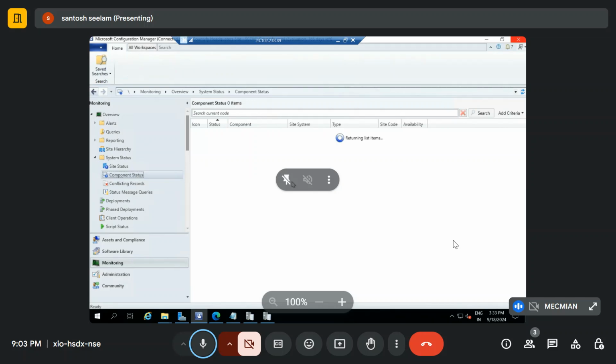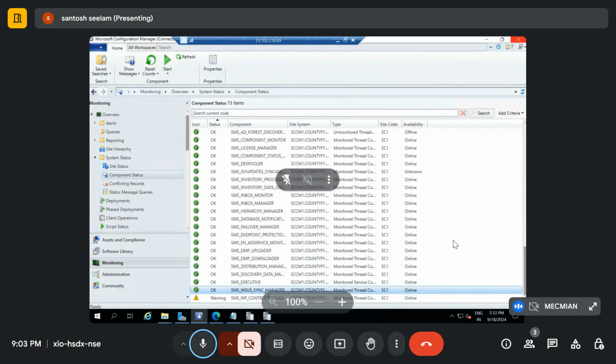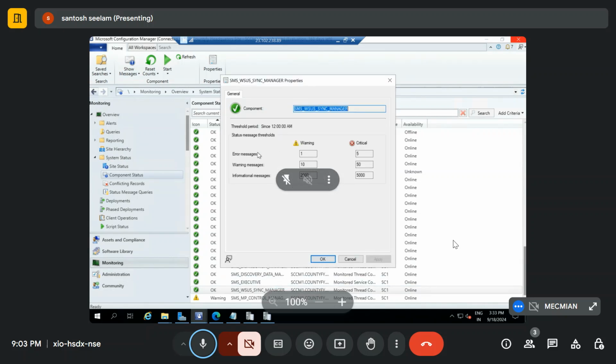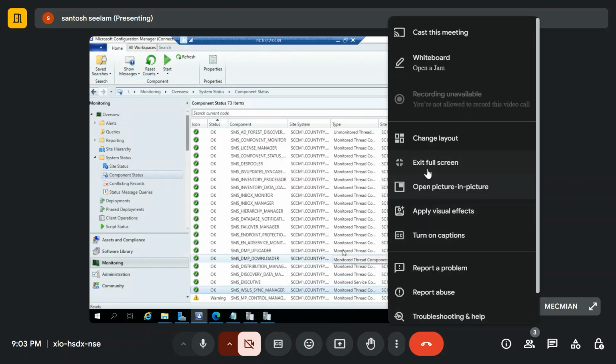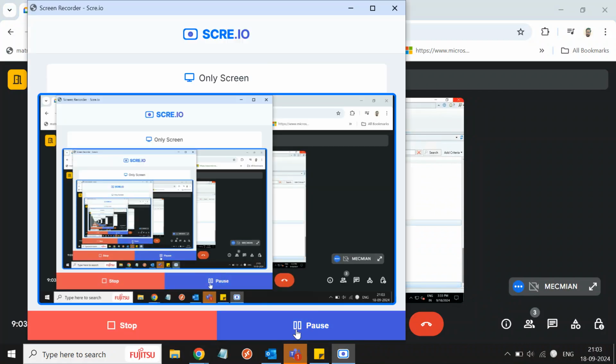You can find here for MP, like SMS_MP, and then SMS_WSUS sync manager is there. Okay, so we'll discuss more on this. As of now,